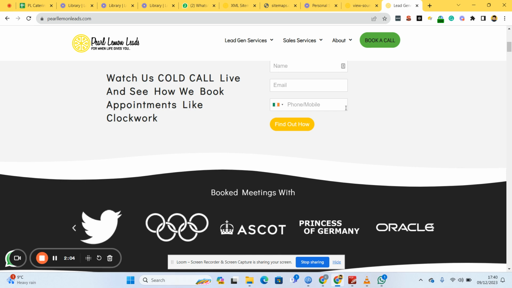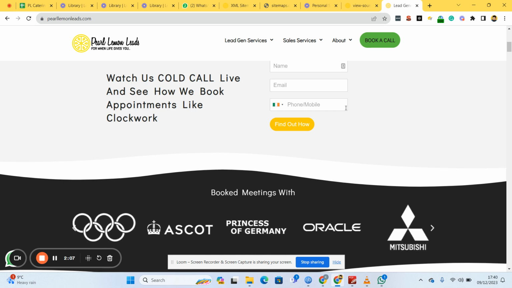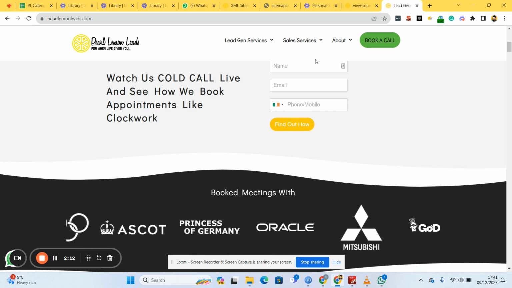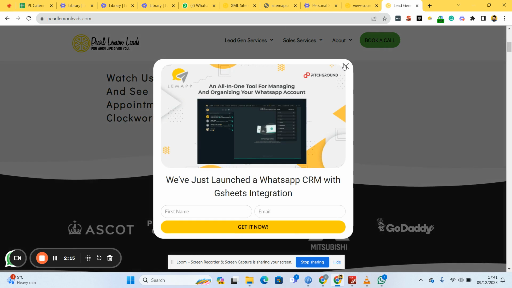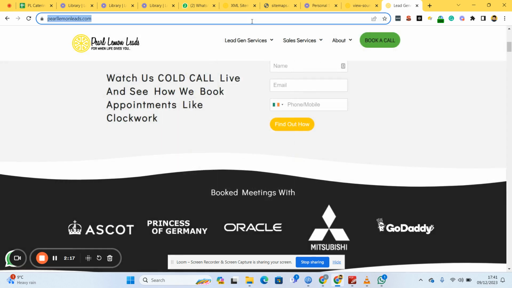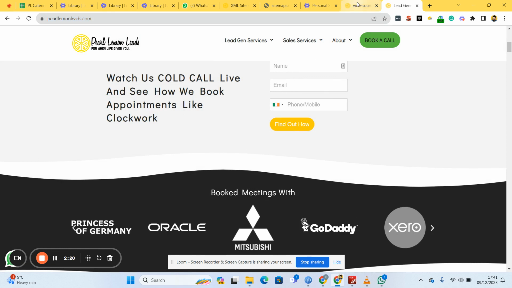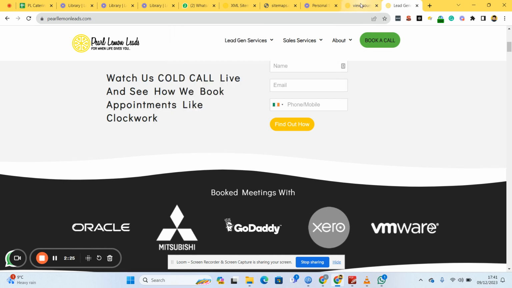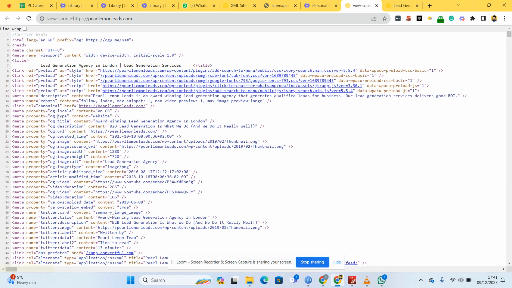Canonicalization helps avoid issues such as duplicate content and penalties, and ensures that the right page gets the credit it deserves. So if you're looking at this page, parliamentleads.com, that is one of our pages. Then you go and click on the page source, and here you see the source, and the canonical tag is here. You can see this is how we put the tag in the 15th line. If I can zoom in for you,